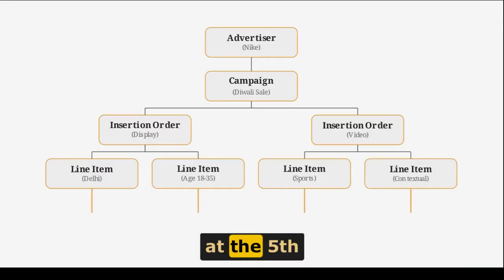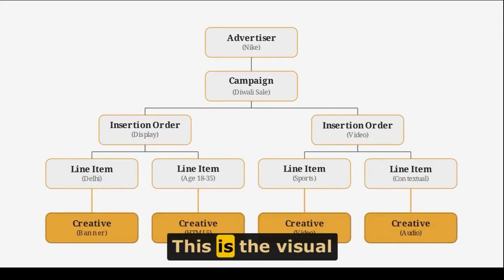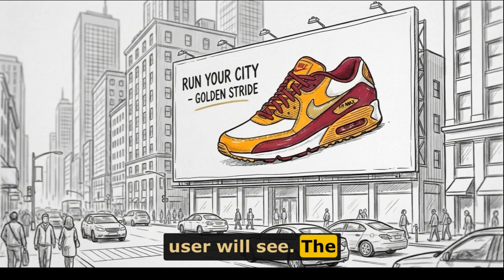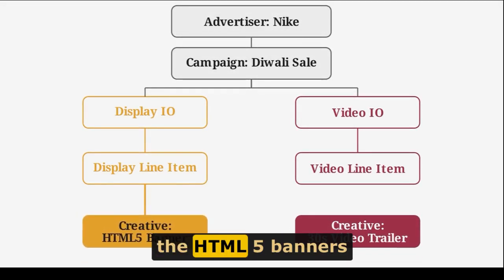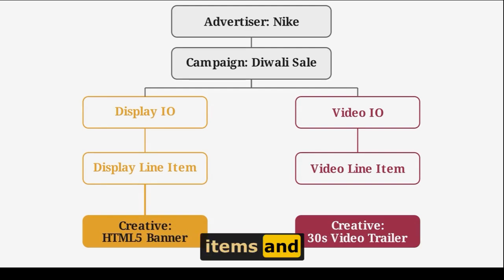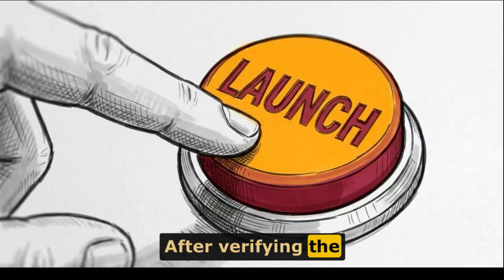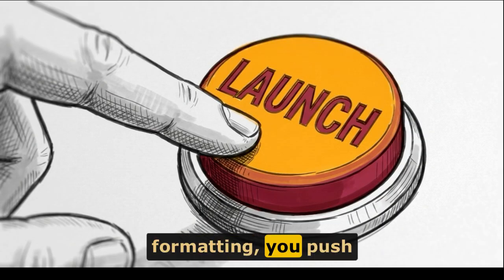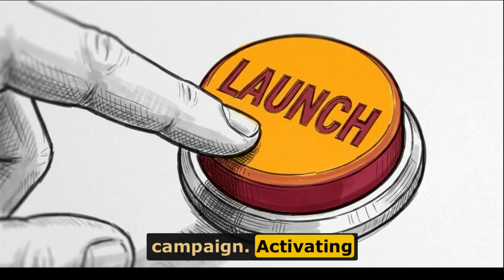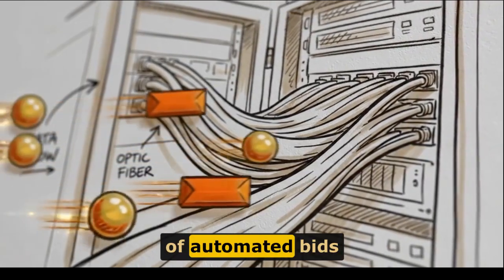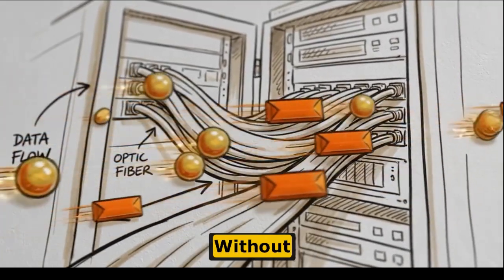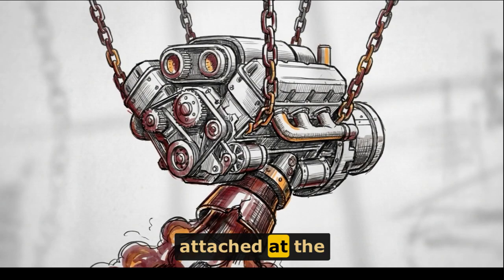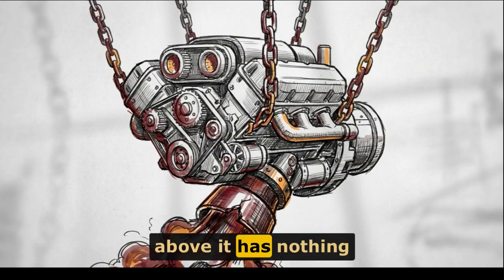We finish the structure at the 5th tier, the creative. This is the visual advertisement the user will see. The creative blocks snap into the bottom of the structure. We attach the HTML5 banners to our display line items and the 30-second video trailers to our video line items. After verifying the visual previews for correct formatting, you push the launch button on the campaign. Activating the campaign triggers a chain of automated bids across the internet, executing your targeting parameters in milliseconds. Without a functioning creative properly attached at the bottom, the targeting engine above it has nothing to deliver to the